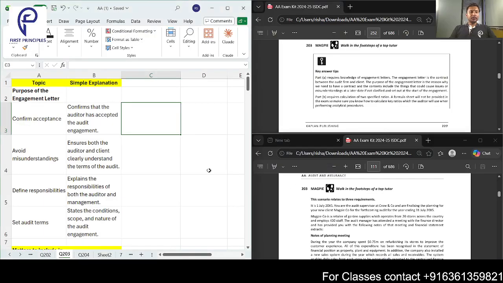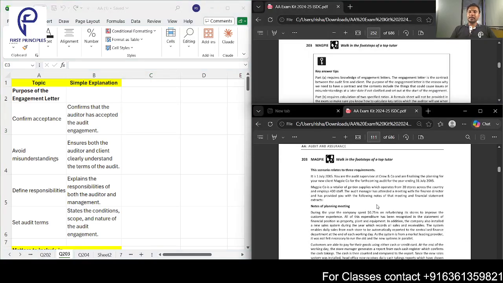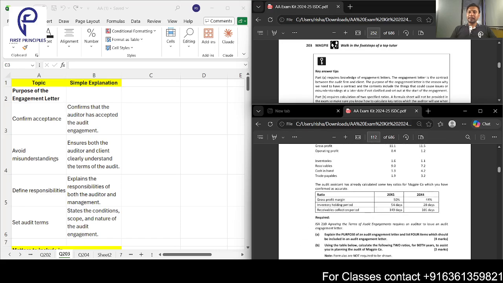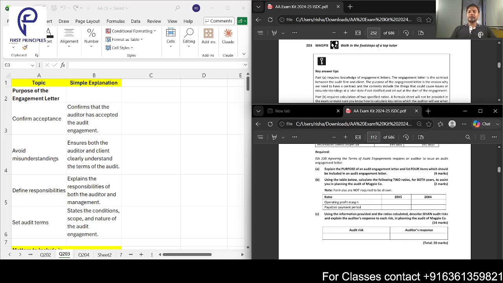All right. So starting off today's class, guys, our agenda is to solve a question, and through a question, we will look into some topics. Okay, so that is the agenda, and let's get started. Firstly, we'll look into the question that we are solving. It's called Magpie. So through the question, in a practical way, we will solve it, and we will also understand the theory around